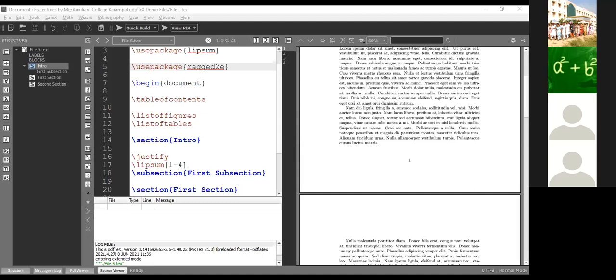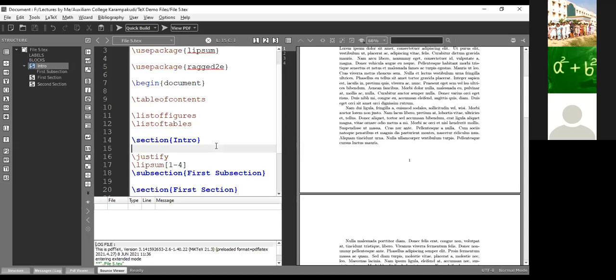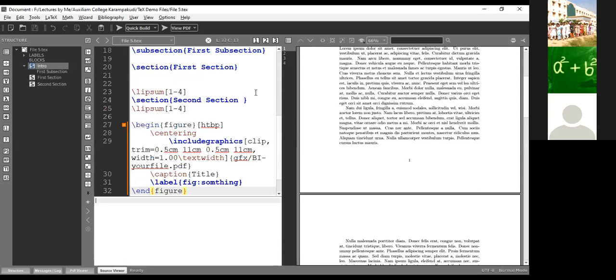Wait a minute. Is the TeXMaker visible or not, sir? TeXMaker is visible. Yes, sir.